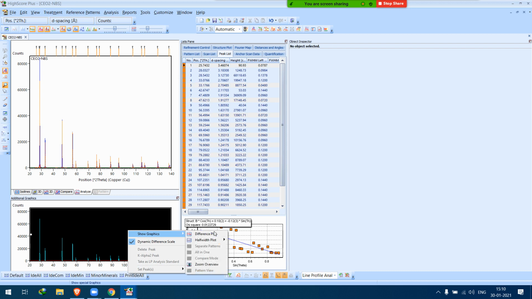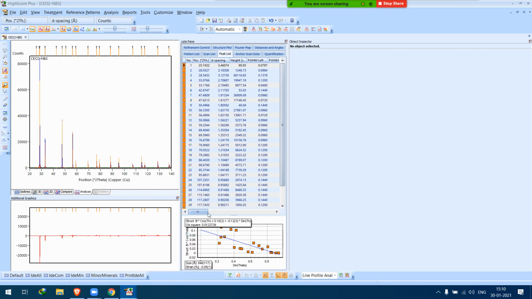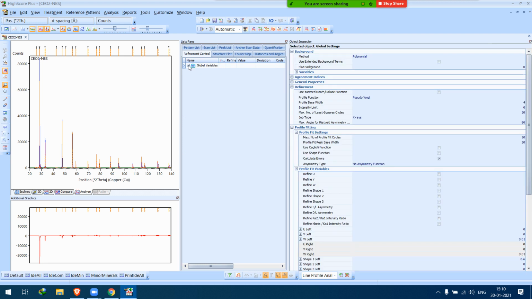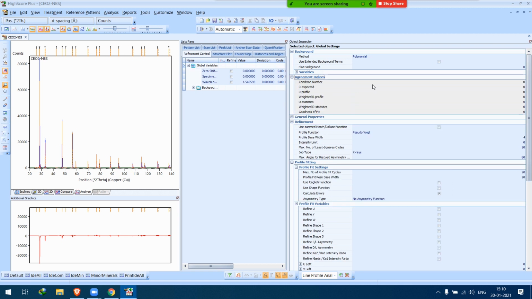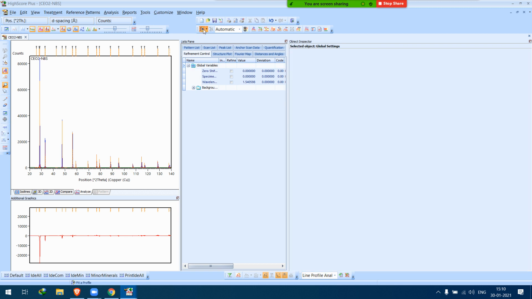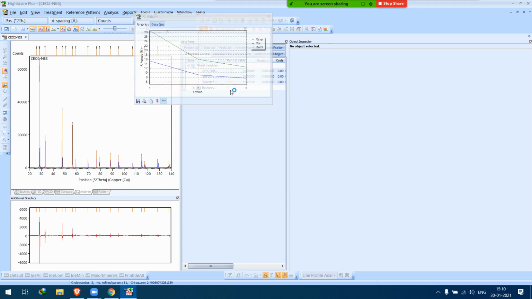Let me go for difference plot. Treatment control, this one. Agreement. Fit it. Okay, it's working now.